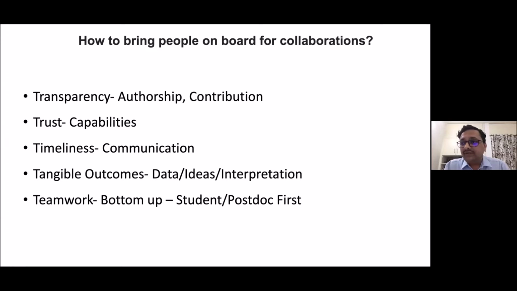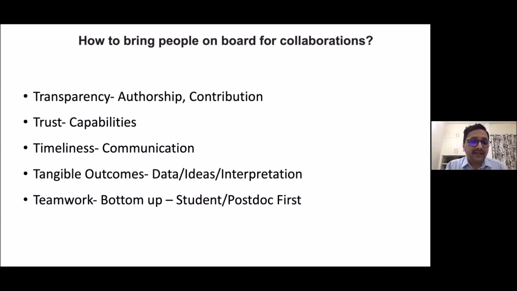The third important thing, which I feel often goes wrong, is timeliness or communication that has to be there between the groups. I'm not saying that we should keep harassing the other person or they should keep harassing us. But I would like to just mention that there has to be constant communication because that is how collaboration grows. I also feel it's important to have in mind some tangible outcomes of what this collaboration will lead to, whether it will lead to a generation of some interesting data,